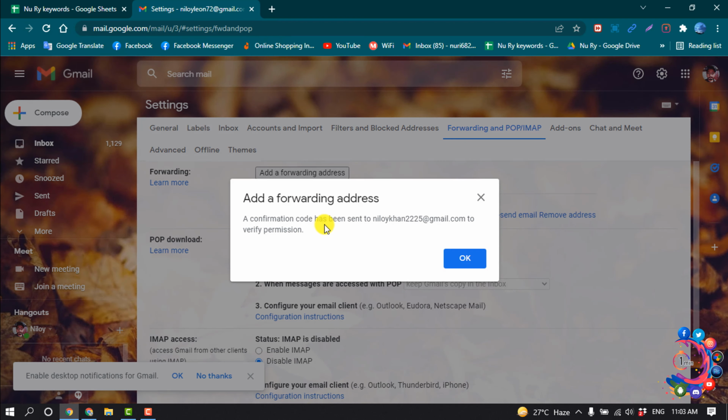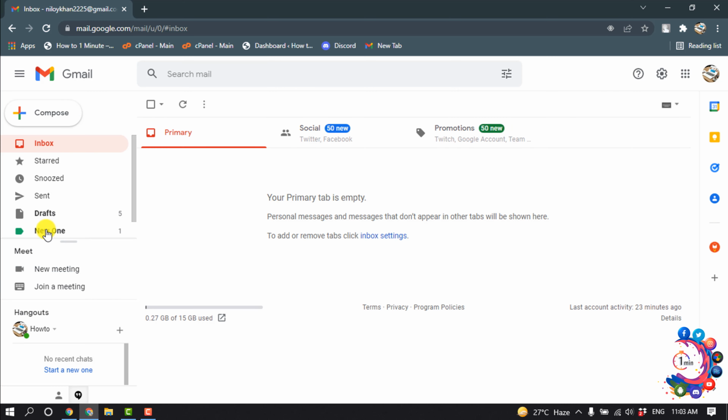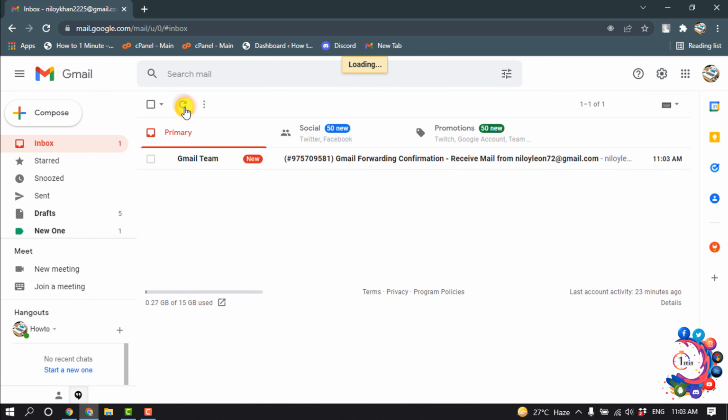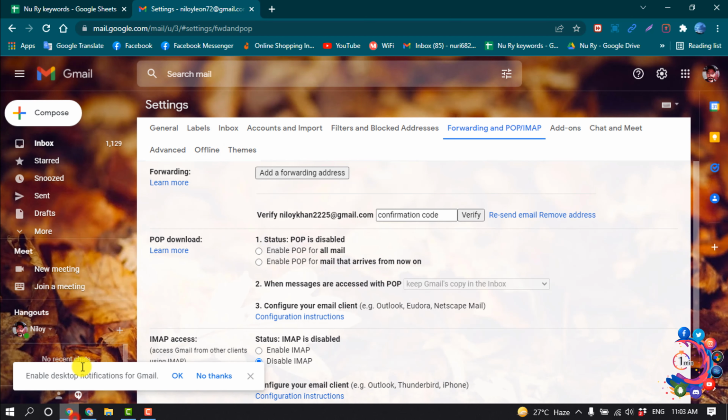A confirmation code has been sent to verify permissions. So I'm going to open my new email address and going to refresh my inbox, and here we can see I got a new email with a verification code. So all you have to do is just copy this code and go to your old email account, paste here the verification code and click on verify